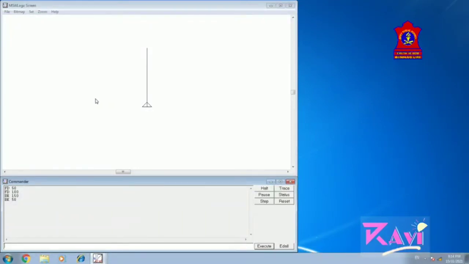The right command has the short name RT. We type RT space, and then I move my turtle by 50.